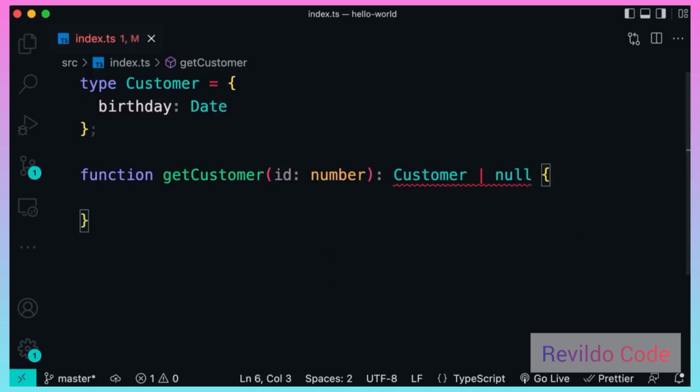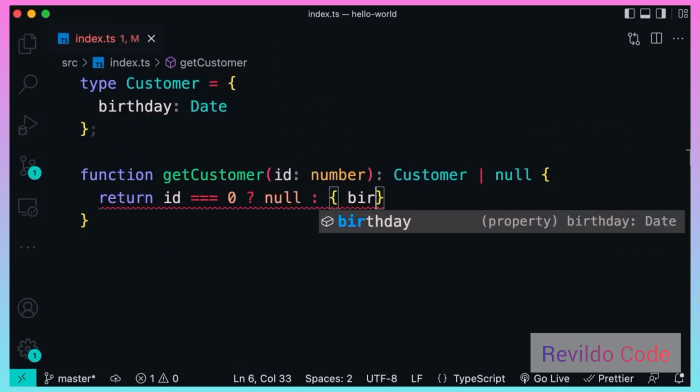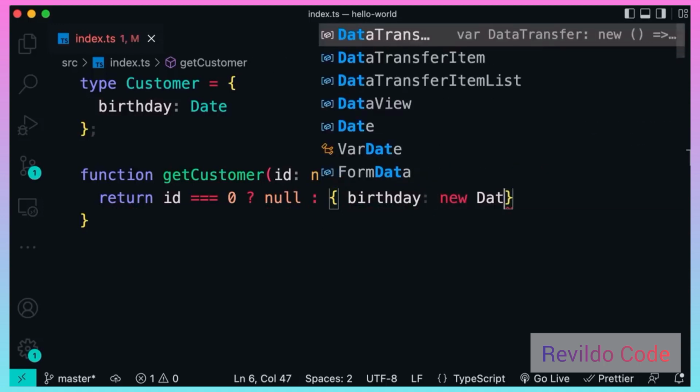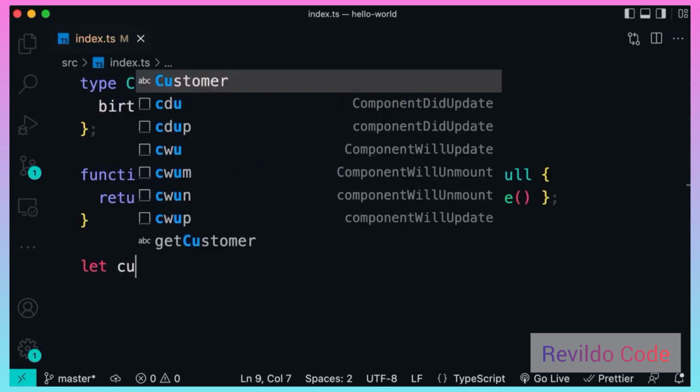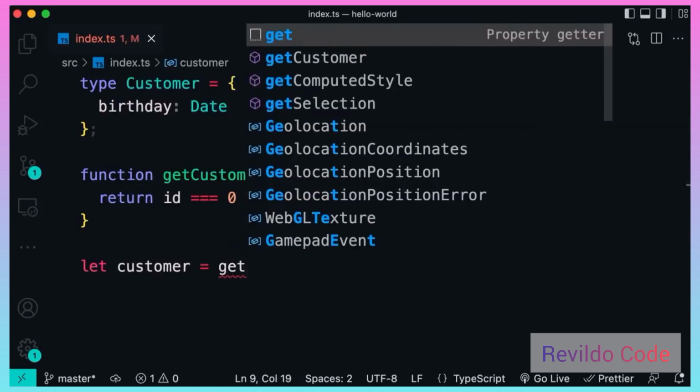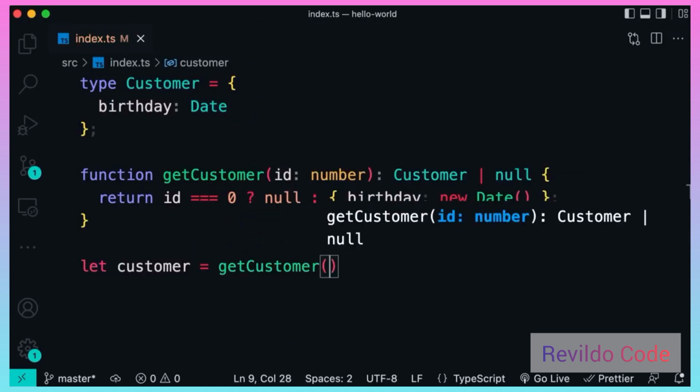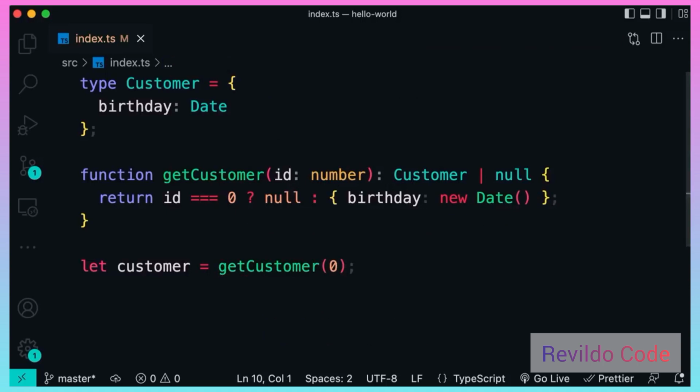Now in this function, let's write some basic logic: if ID equals 0, then we return null, otherwise we return a customer object with this birthday. Pretty simple. Now let's declare a variable, and here we call getCustomer and pass 0. Now let's imagine we want to print the customer's birthday. So console.log, and here we pass